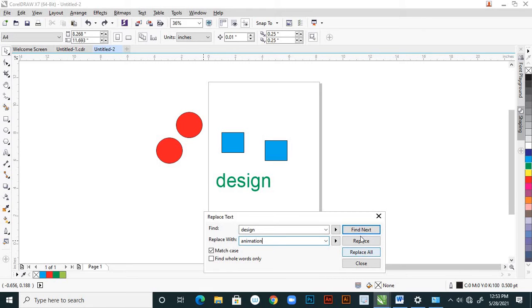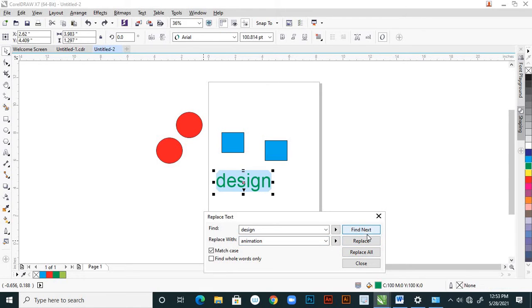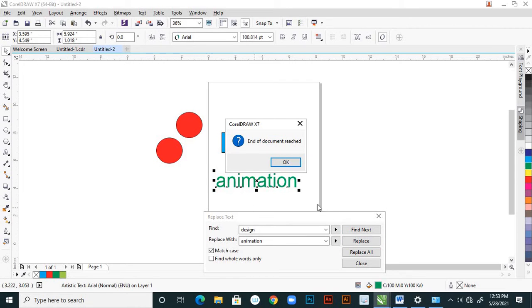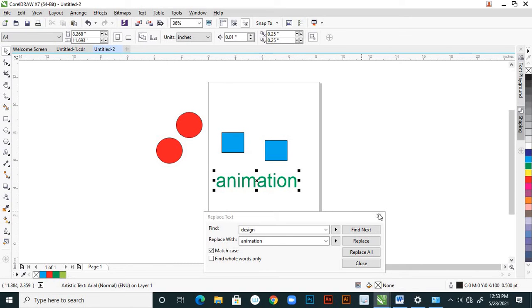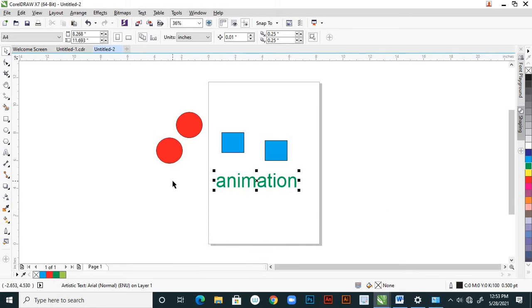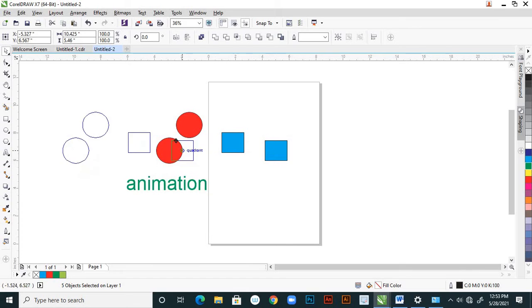Next, you find this one, already found, and replace with animation. See, so this way you can find and replace your objects, the different colors, the different shapes, and the text also, right? So that is find and replacing.